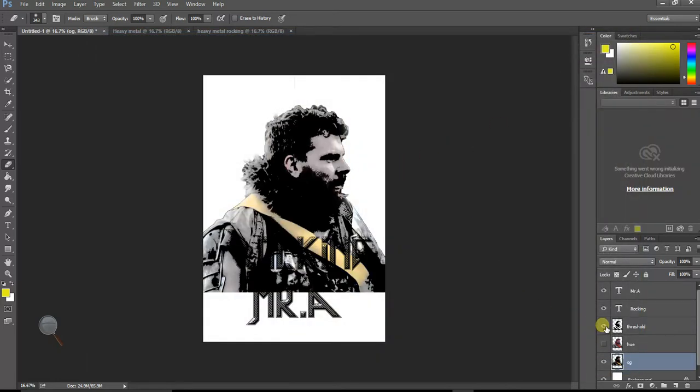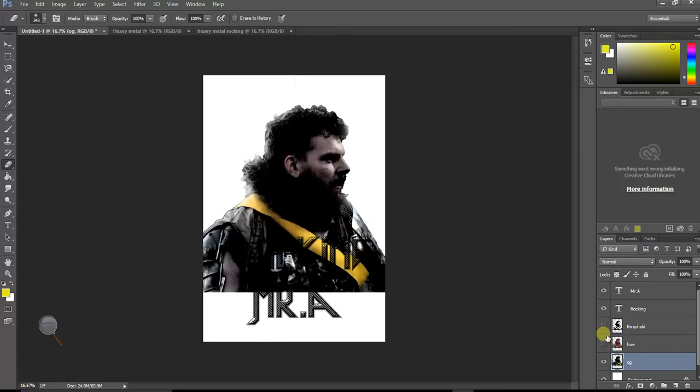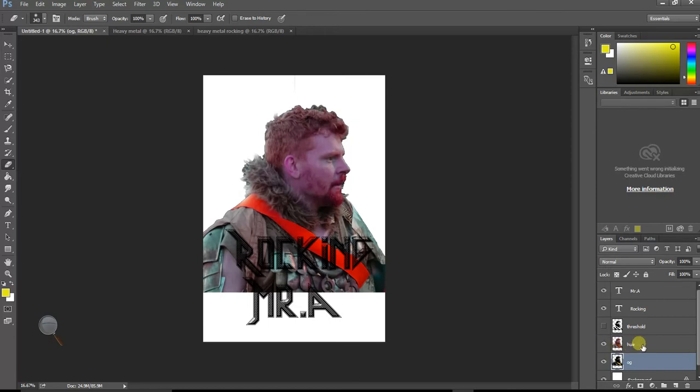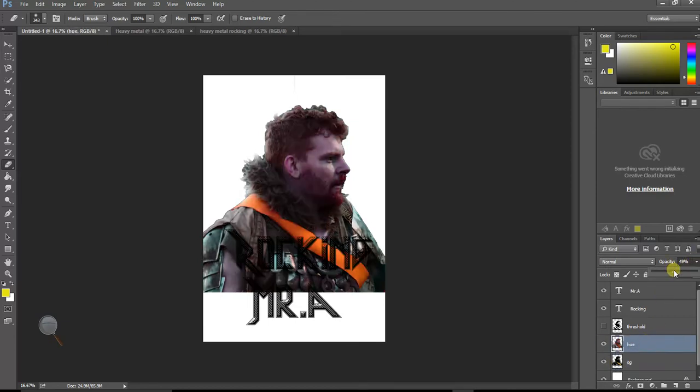Let's see what the threshold on top of that does. That's pretty metal. And hue, of course, will override everything, but if I change that down to that 40 mark, I've still got that orange band that really sticks out, which I don't like at all. I might even get rid of the